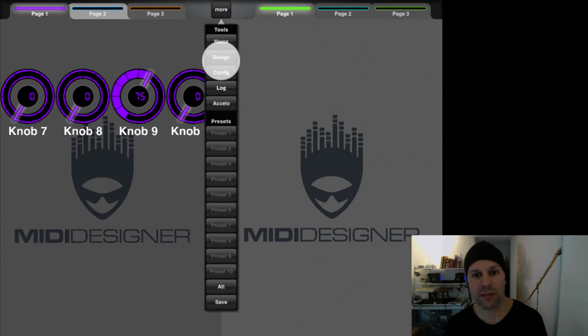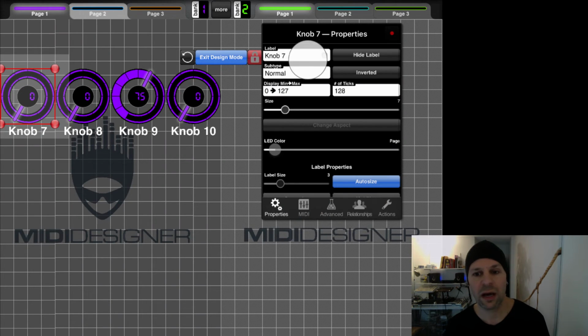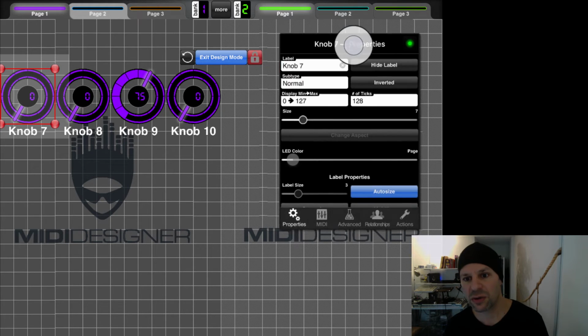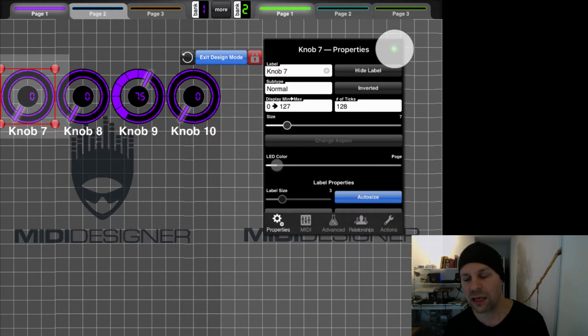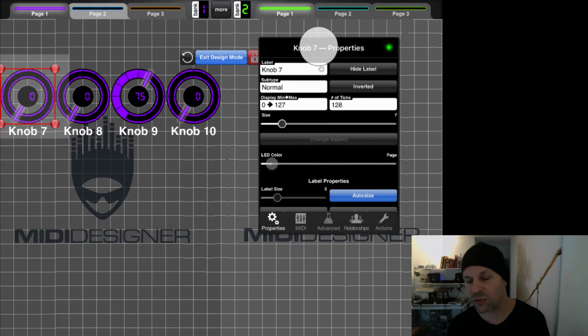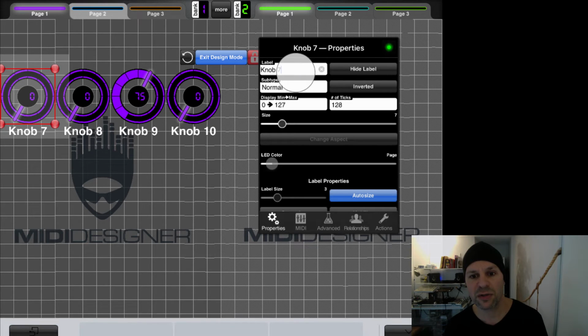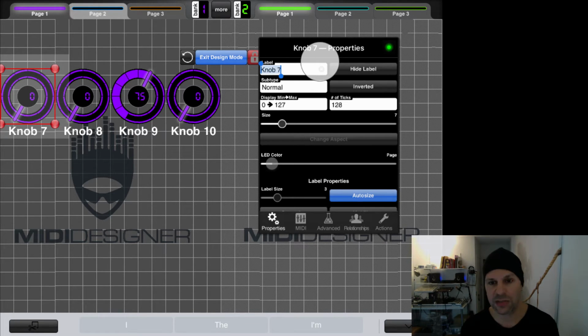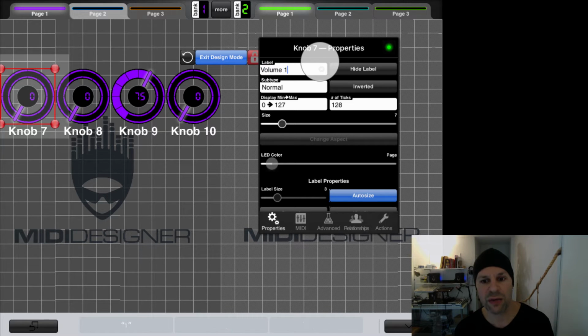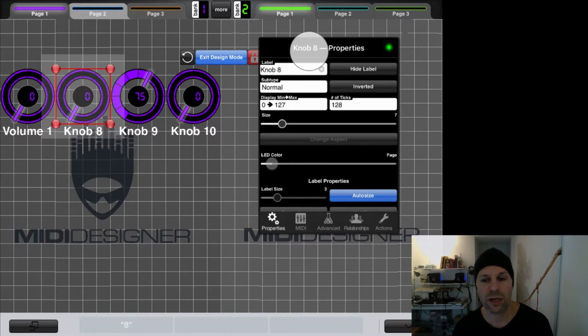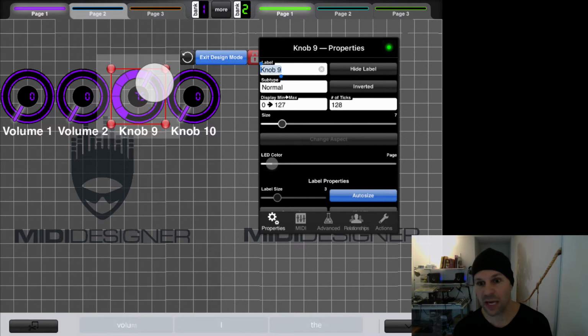First thing I'm going to do is I'm going to label this stuff just so I know what's happening. So the first one, I'm going to make this panel sticky. Most users have seen this. If you're new to MIDI Designer, this is sort of the power feature, is I hit this LED on the top right, the red one, and it turns green, and now the panel is sticky, which gives me some really fast editing. So I'm going to go into the first one, and this is great with an external Bluetooth keyboard, and I'm going to call this volume 1, and now when I tap on the second one, I can immediately type volume 2, and I tap on the third one, just a single tap if you're in that green lock mode, and this is called